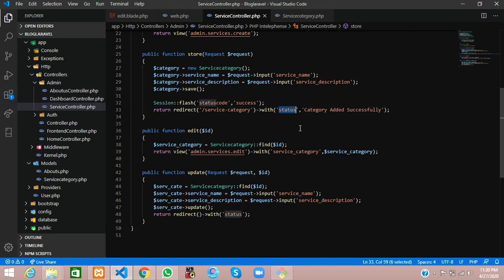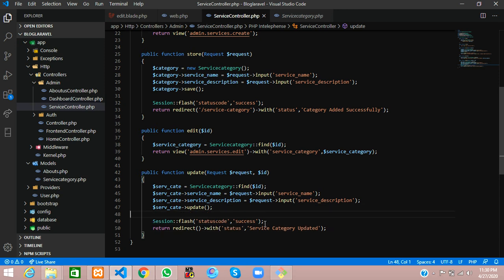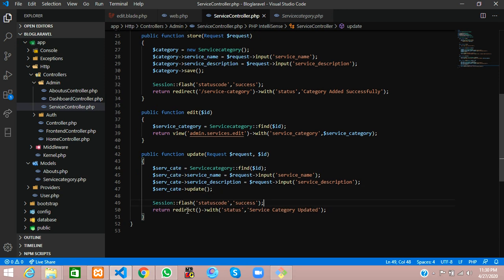Copy the status and paste it over here, then a comma and use the category updated, service category updated. Before this we were using some other things like the sweet alert message type, so we can use this also, where we will set the success message. We will just paste this also, and let us save it.